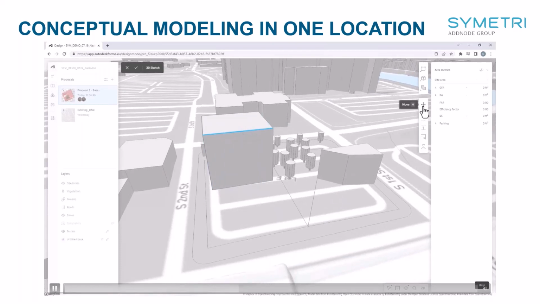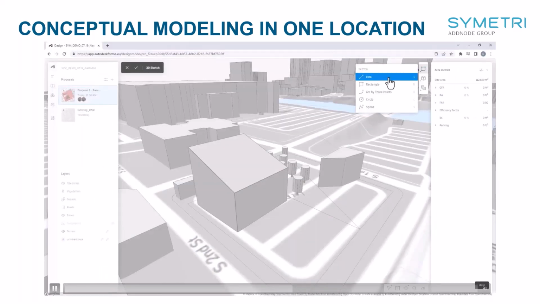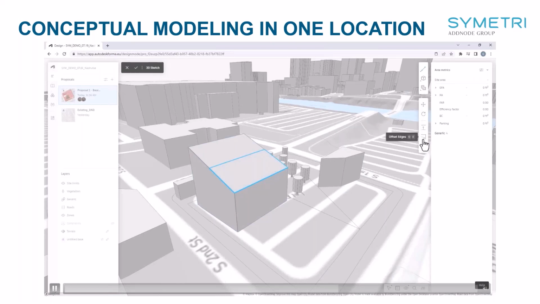Now keep in mind, this is meant for the early conceptual design modeling workflow, the massing stage of sorts. So understand that no area metrics, no area analysis happens to your model, to your 3D sketches. They are just an object in space to be further designed and worked out. But again, really quick and easy to make some really nice gestural elements on the site. And again, these models do actually respond to the solar analysis, the wind analysis, and so forth. As you can see, pretty easy to use and start to manipulate and create something interesting with